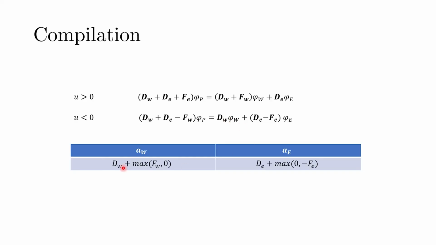Now we have written the general expressions for AW and AE, and the general expression for AP can be written as AW plus AE, just like before, plus FE minus FW. You might wonder why I'm adding this FE minus FW, and you would see that this actually makes sense when you write this general expression. If this is a case of constant velocity, this would actually be 0,